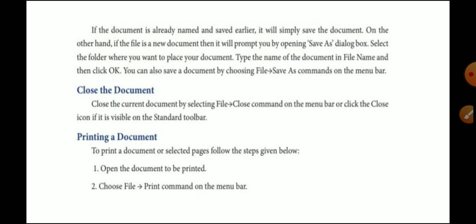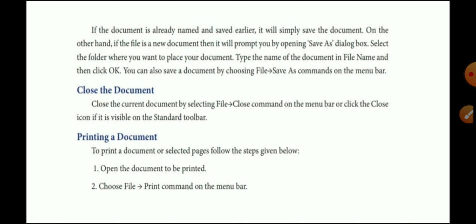That Save As option is used to save the same file multiple times with another name or on another drive. That is the difference between Save and Save As. Save means we save only once. Save As means we save multiple times with another name or another drive.